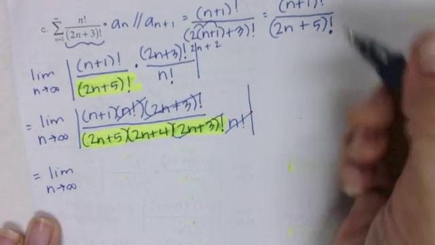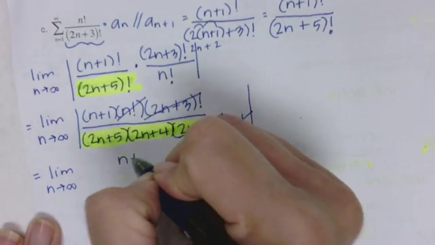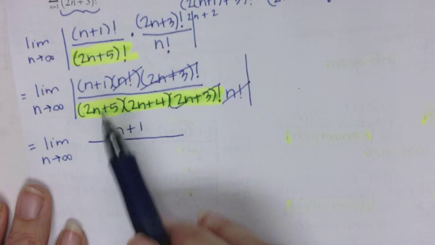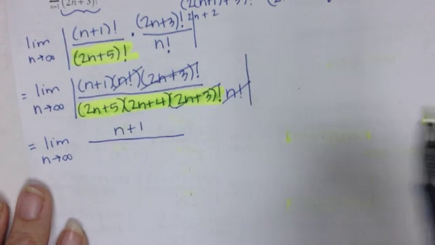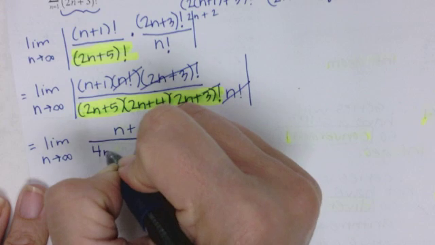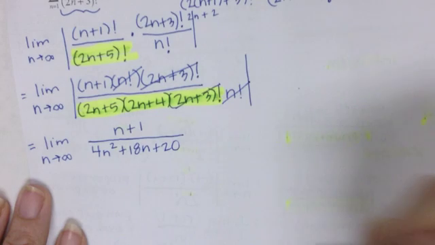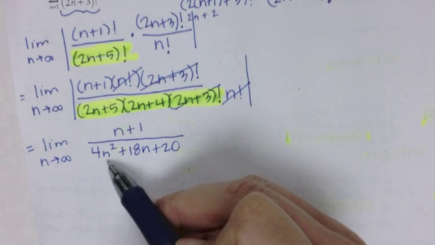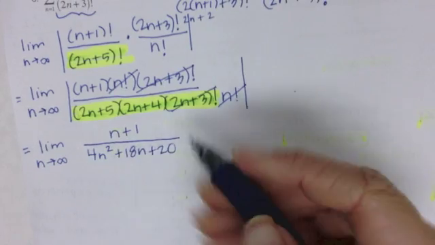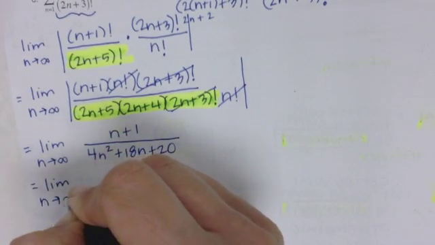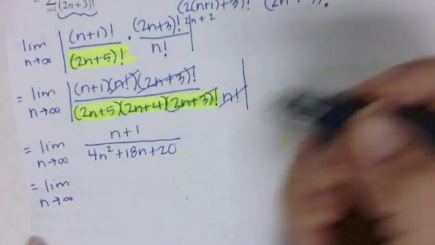drop the absolute value. So in the numerator, I have n plus 1, and then so I don't have to keep doing more and more steps, I'm going to multiply those out. And I get 4n squared plus 18n plus 20. Then I'm going to divide by the highest power of n because I have more than one term in the denominator. Please pay attention to the fact that every single time I'm writing this limit,